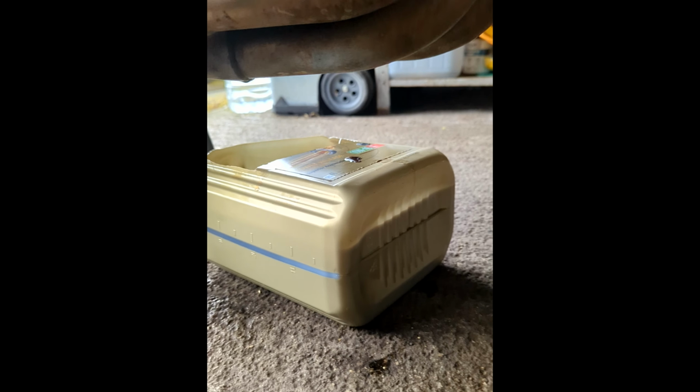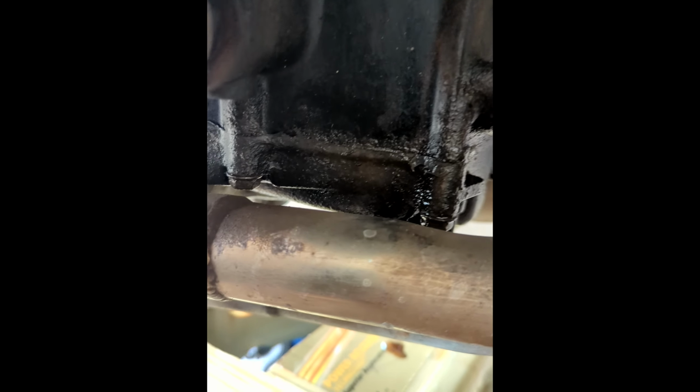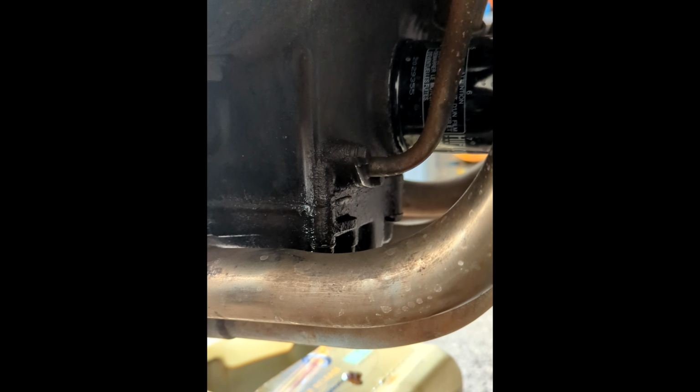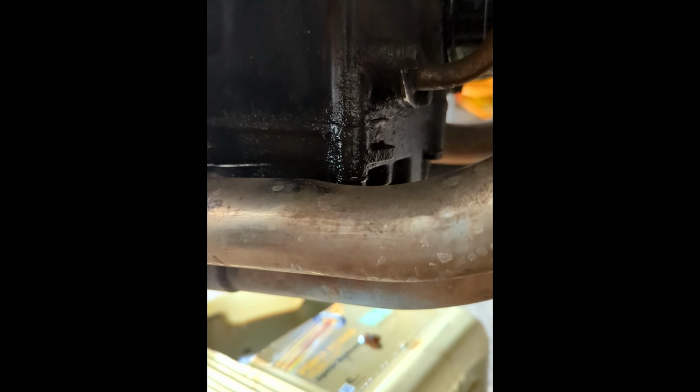So, what we're doing today, I've got this nasty oil leak from where it's got instant gasket on the sump. And it's not sealing, it's not good enough, so I've managed to find another sump gasket. I'm going to do it properly. So we've drained the oil out again